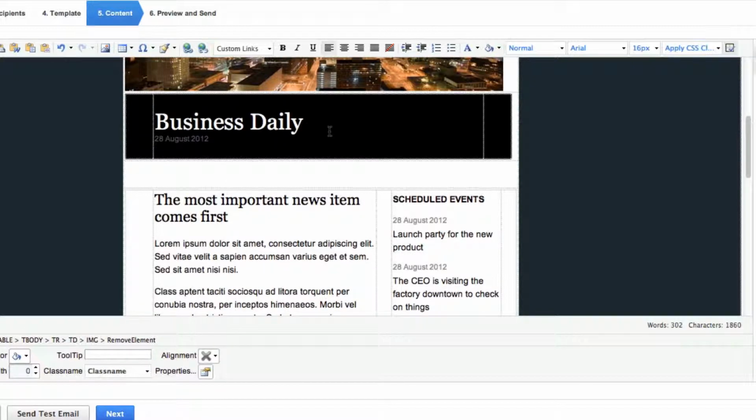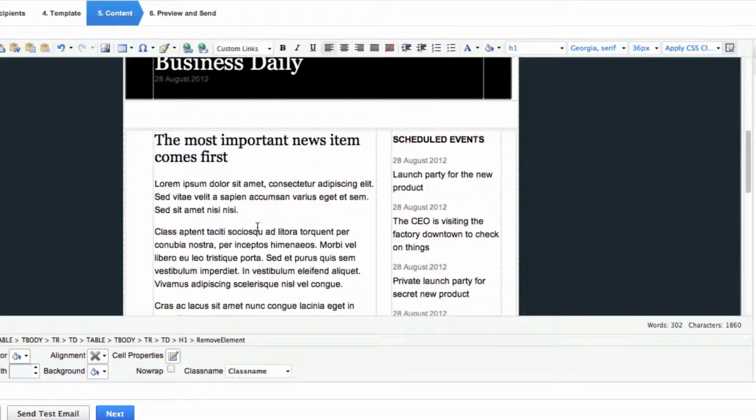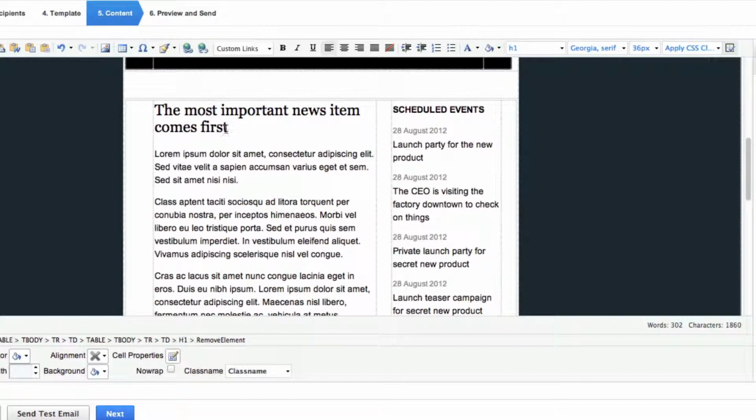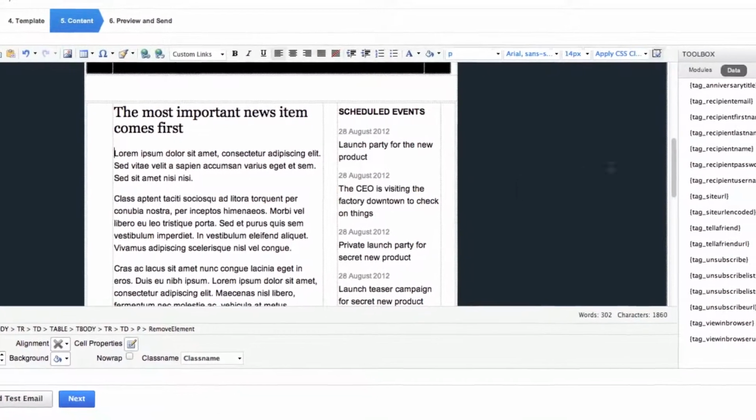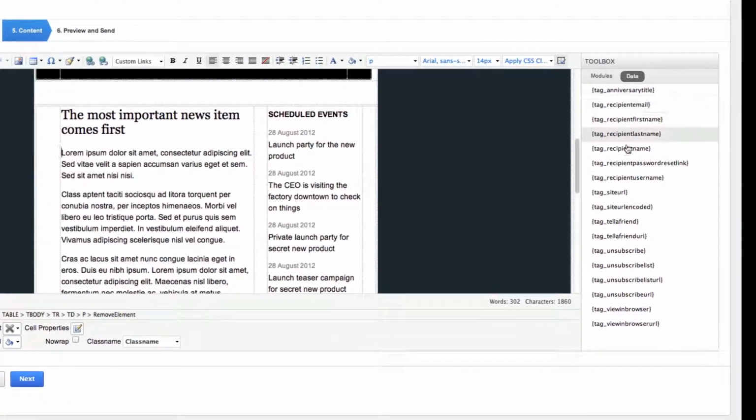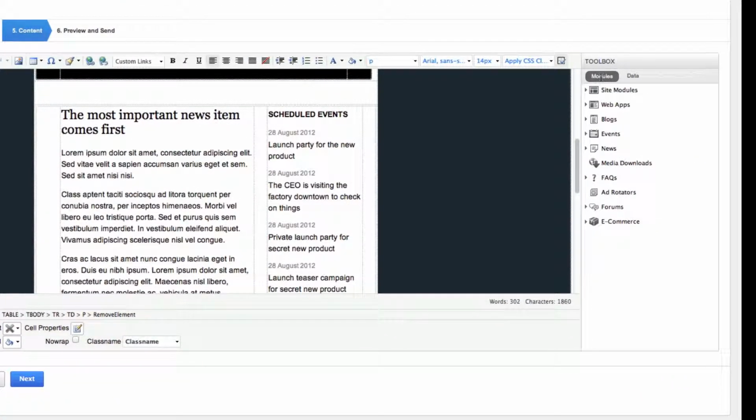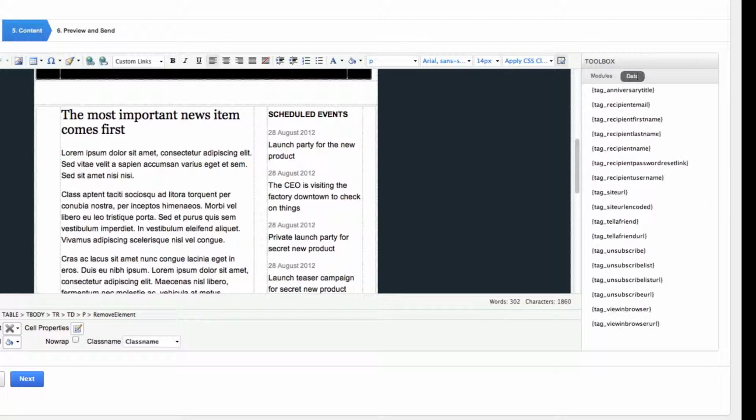And we're going to go ahead. I'm just going to leave this business daily here. I'm just going to assume that this is fine here. Now, what I like to do too is personalize all my emails. So you can see over here that there's a data module, and there's also a modules module. Now, I don't want you to worry about these right now. This is going to be a whole other video tutorial, and we're going to talk about the new features that are available with these. But in the data module, I'm going to go ahead and click tag recipient first name,